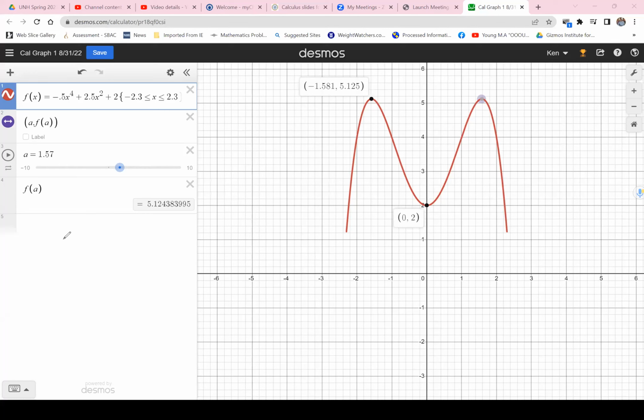That'll be better. All right, so we would say that the domain, that's a D. We could put a colon. We put a bracket, negative 2.3, to 2.3 inclusive. So we close the bracket. Sorry about that, my phone is being weird. All right. And then for our range,